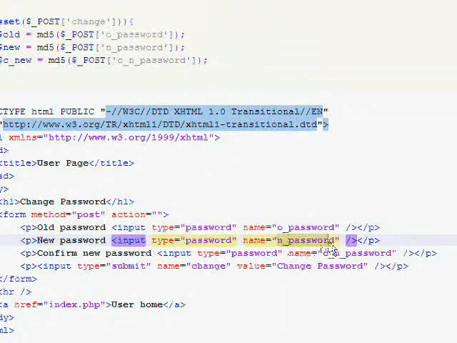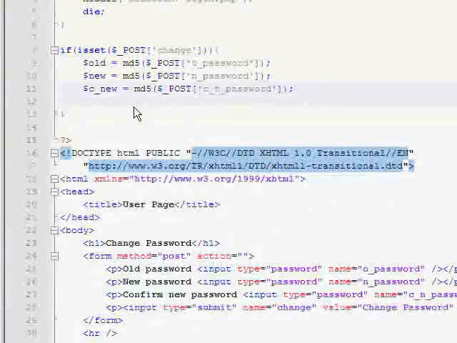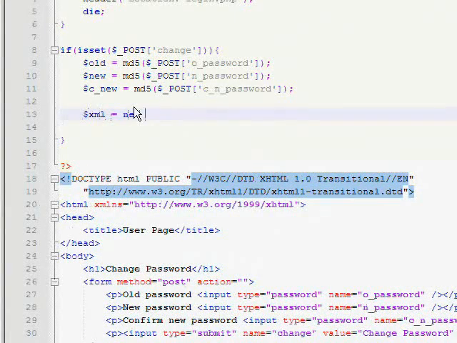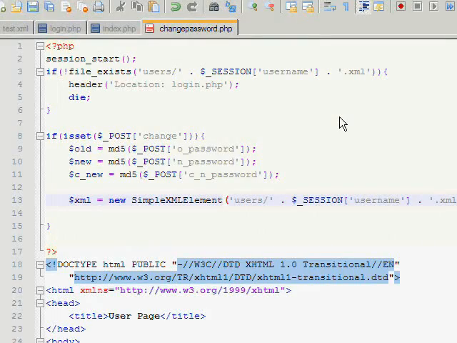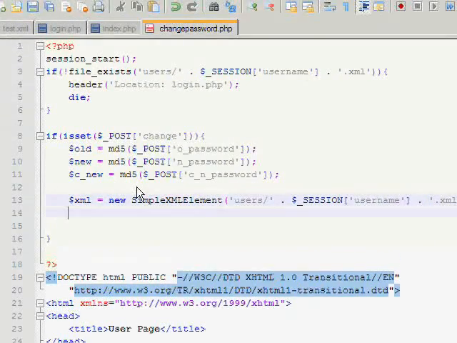Yep. Okay. So first, let's create our XML element. SimpleXMLElement. We need this to check to make sure their old password is correct. So the location would be users/ the session username .xml, 0, true. Okay. So if old equals XML password,